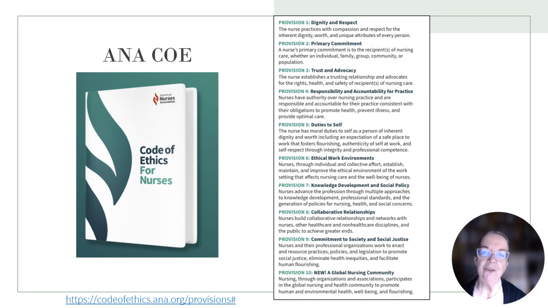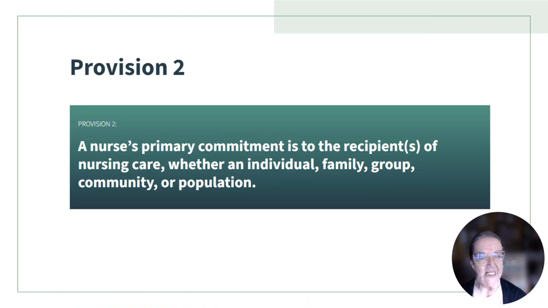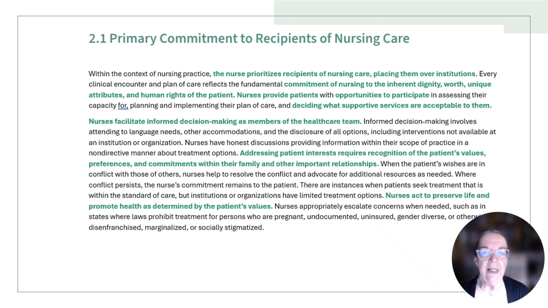Our primary commitment is to, notice it's to the recipients of nursing care, including families as patient. Trust and advocacy is important as well. So let's take a look at Provision 2. The nurse's primary commitment is to the recipients of nursing care, whether an individual, family, group, committee, or population. And when we look at the definition of 2.1, which is primary commitment to recipients of nursing care, I've highlighted